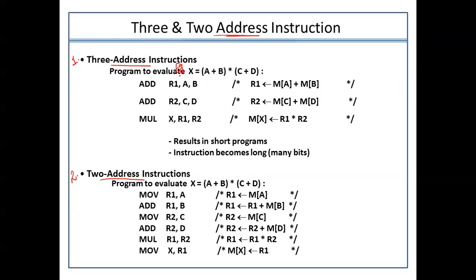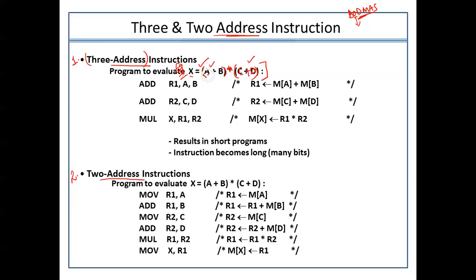If I have to talk about the three address instruction, so what is the program? This is just an example I have taken: X equals (A plus B) multiplied by (C plus D). So basically the point is that we will follow the BODMAS rules in order to perform this arithmetic calculation. Now the idea is that if this micro operation has to be performed using a three address instruction, how would it be computed within the system? We have to use BODMAS. As per BODMAS, we have to work upon the parenthesis part first.